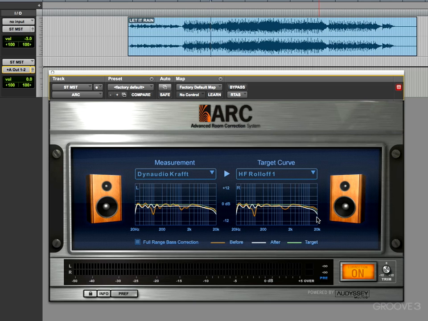I mean, this might happen if you've got a small or medium-sized room and you've got nasty reflections that are pinging around the place. I mean, no amount of ARC is going to be able to get rid of that. This is just to make the experience a little less fatiguing. Okay, the next target,